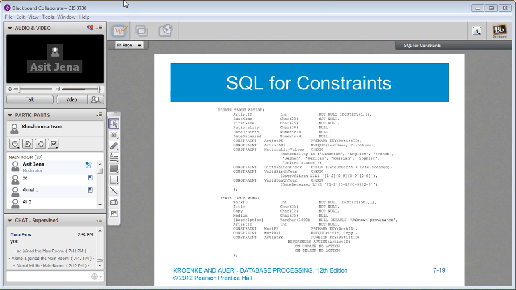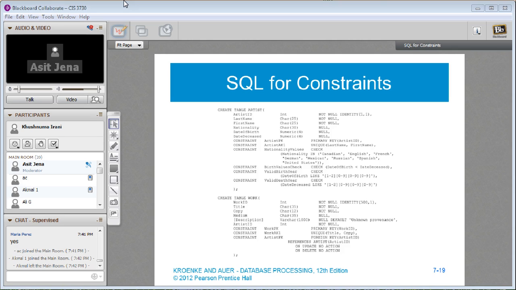Similarly, constraint birth value check date of birth less than date deceased. So when you are trying to insert data into this table after you have created the table, these constraints are enforced when you try to insert or update some information in the table. When you create the table, it's like you are creating a template.